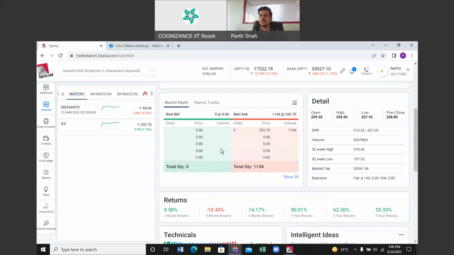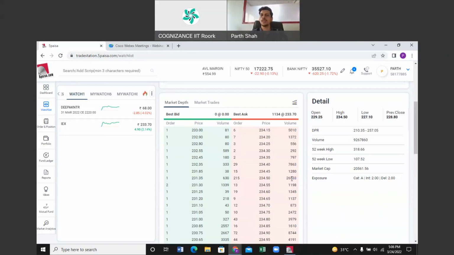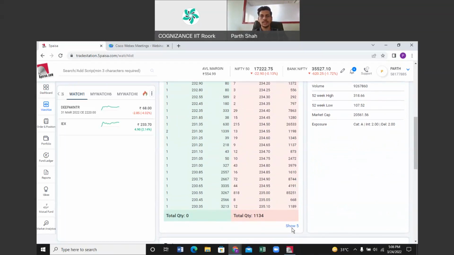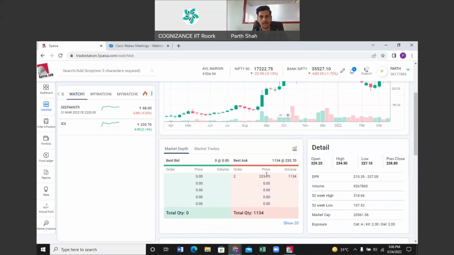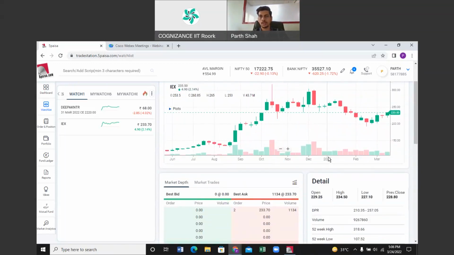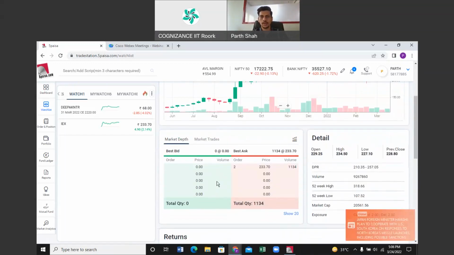But when the market is open, you can see the depth up to 20 levels, which is called level 2 of depth. You can see how many buyers are standing at what particular price, and what the volume of the same is. The same is what you can see in 5 market depth. People use this to understand what kind of trades are going to happen and what the trading book looks like.